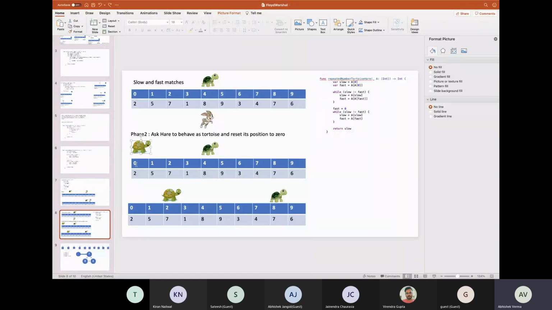Slow is pointing to 4, fast is pointing to 0. Then I will move my slow one step ahead, and similarly I will move my fast one step ahead. So slow will be moved to a of slow, which moves to a of 8 position here, and fast will move to a of 0, which is this position.